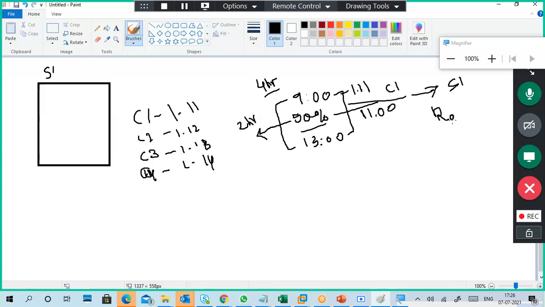Renew, anybody knows bus renewal? When you are a student, you have to take a bus pass renewal before expiry, right? Same thing: at 50% of the total lease duration, the client sends a renew request to the server. What is DORA? Discover, offer, request, acknowledgement.